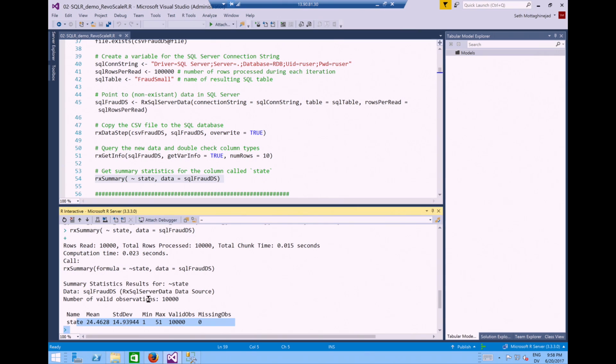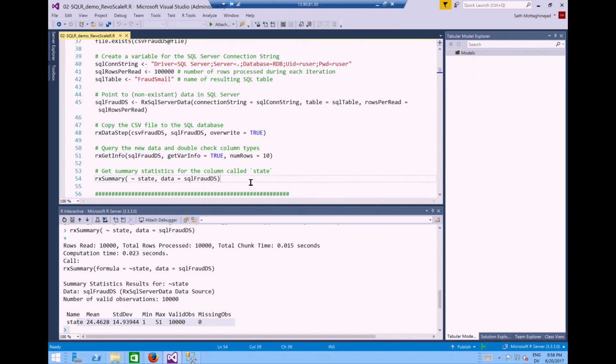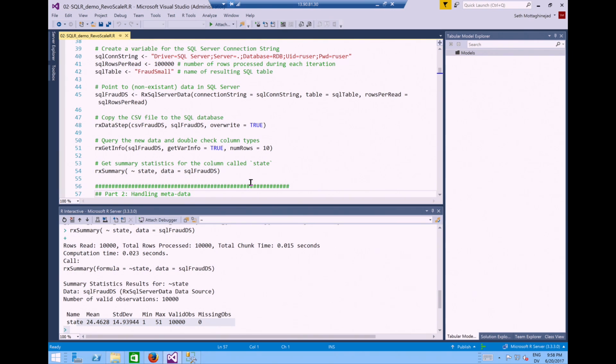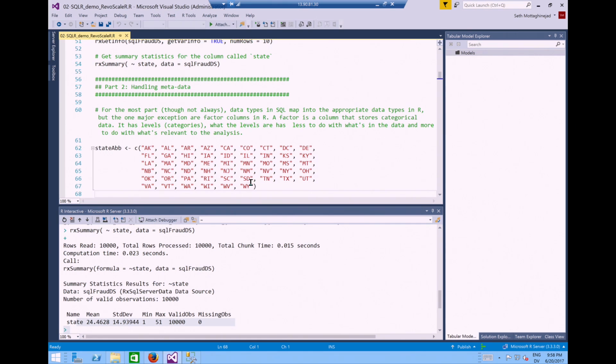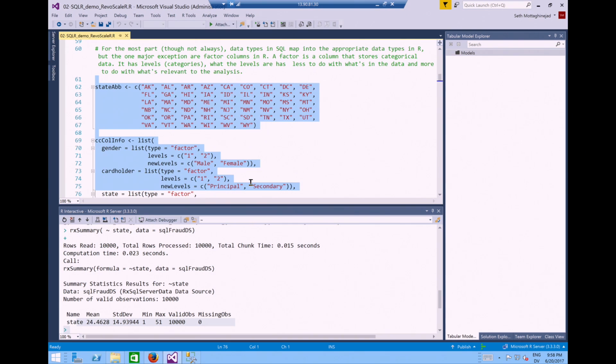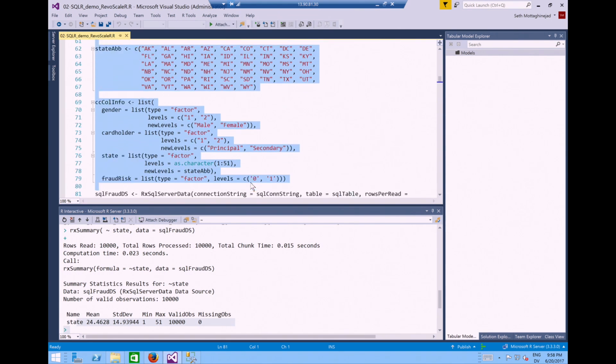So in R, we would say that column needs to be a factor. What I mean by that is it has to be treated as categorical data. Right? So R has a unique column type called factor, which is reserved for categorical data. As part of taking care of our data, we have to take care of these factors. And that's probably the most important thing that we have to do initially when we work with data in SQL: make sure that if we bring data into R, when something is a factor or needs to be a factor, we treat it as such.